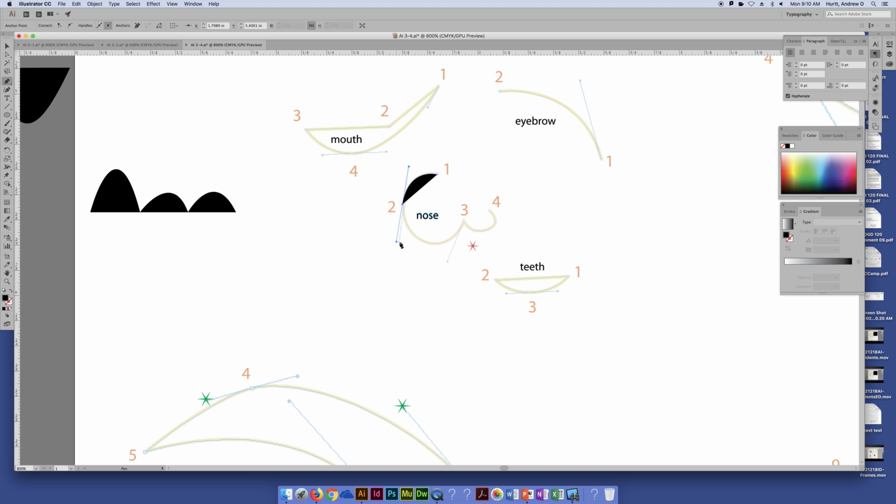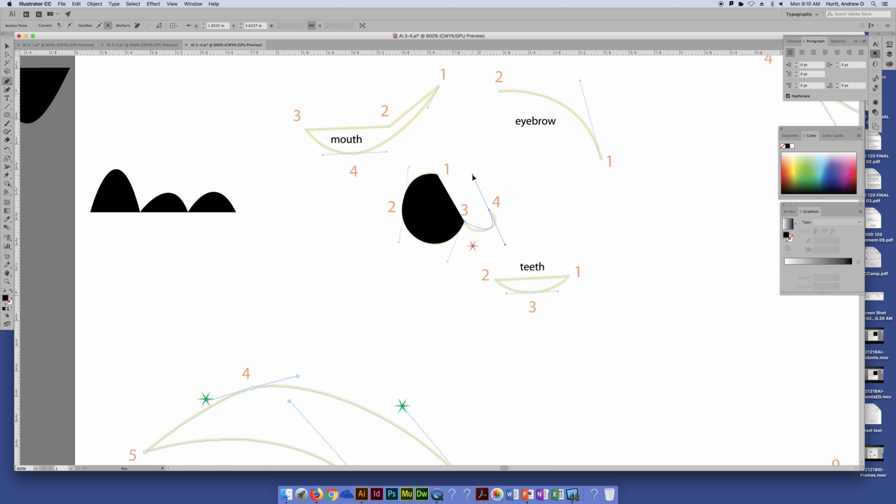If we wanted to, this is where I was rushing and going too fast, but if we wanted to go to here, what you can do, and it's not going to be exactly the same because it's going to depend on the type of illustration that you want, because you want this sort of deep-ish curve. But if you go back and you create, so now this is a corner point, right? So it's not allowing us to have that adjustment arm. But if you were to click and hold and drag,